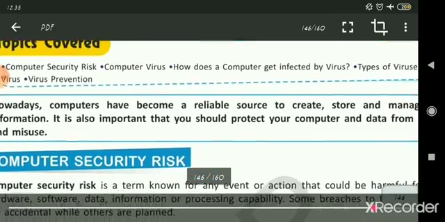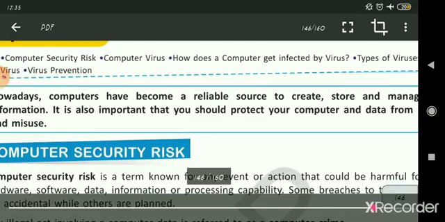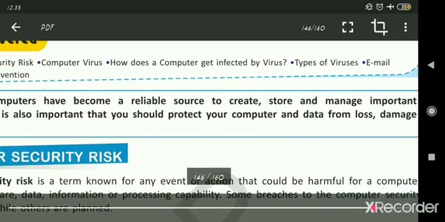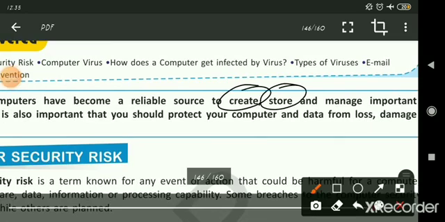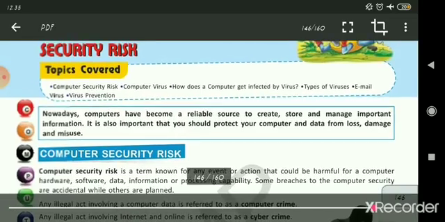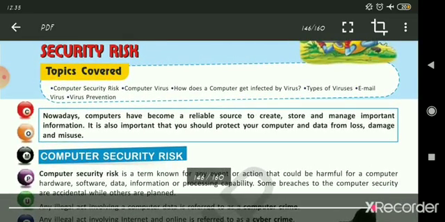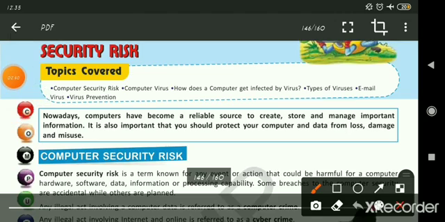Nowadays, computers have become a reliable source to create, store and manage data, important information. It is also important that you should protect your data, protect your computer from loss, damage and misuse. Because everyone is using computer today, because it is a reliable source, it is handy also, or if you are having a phone, in that also you are using different softwares.